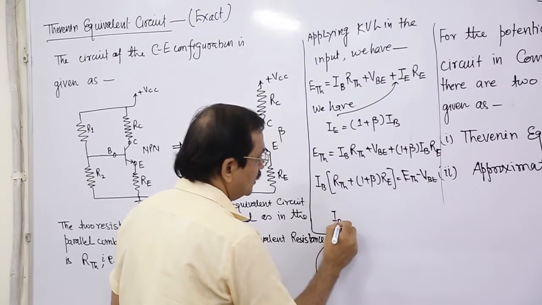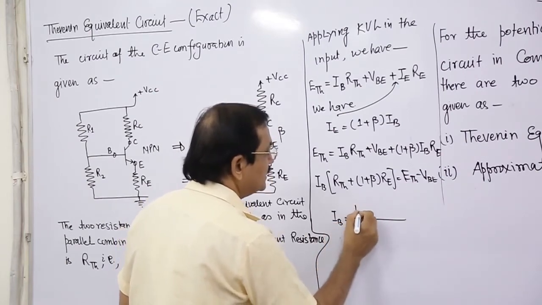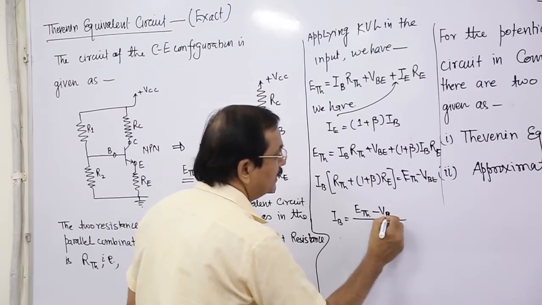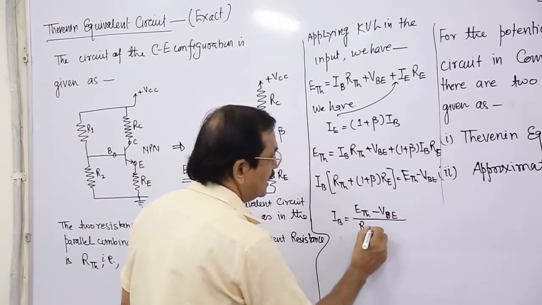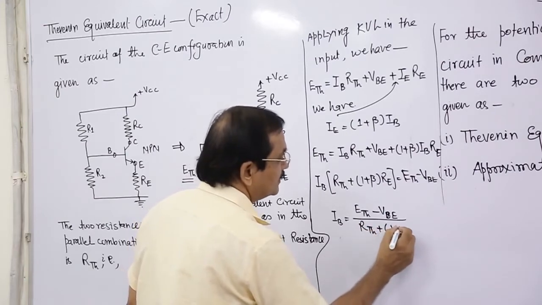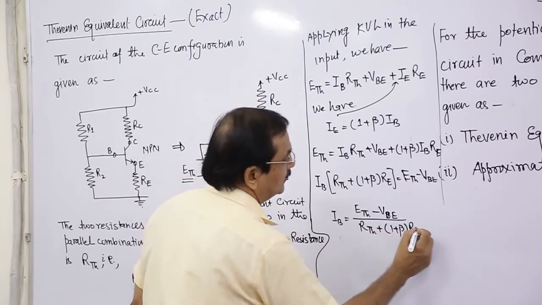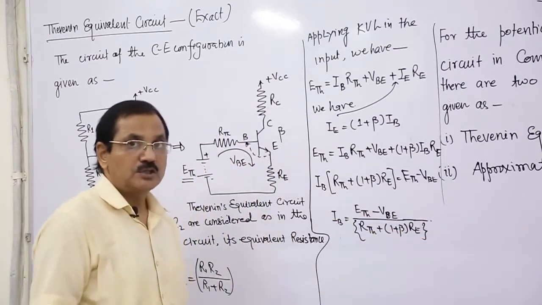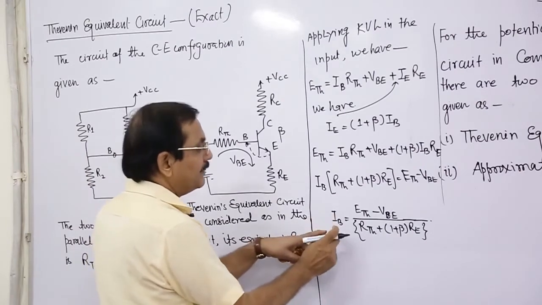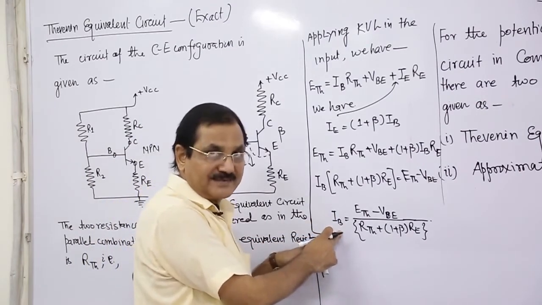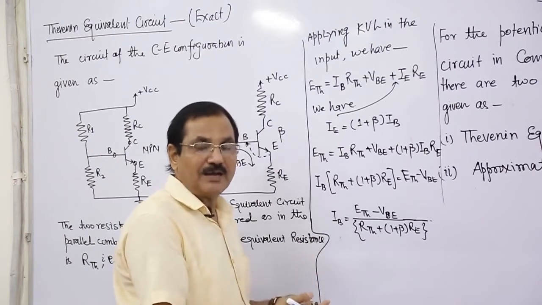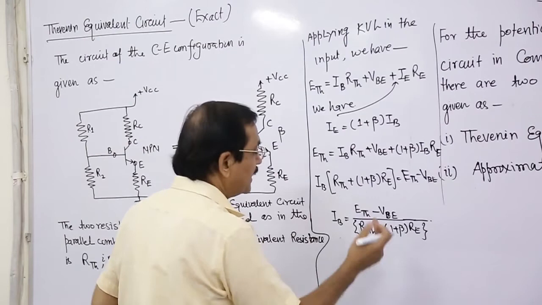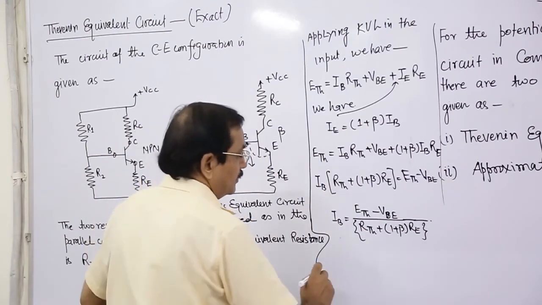So IB is equal to ETH, Thevenin's voltage, minus VBE, upon RTH plus 1 plus beta RE. From this equation we have calculated the base current IB. Once you have the base current, it is very easy to calculate the other parameters. And in the output